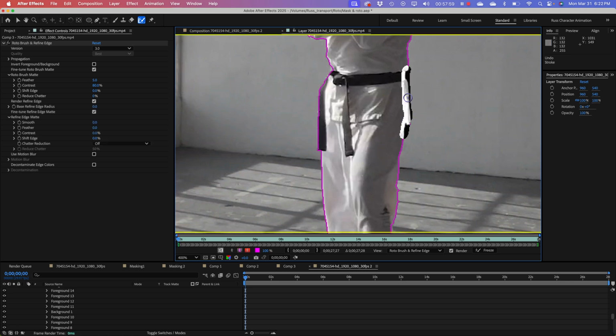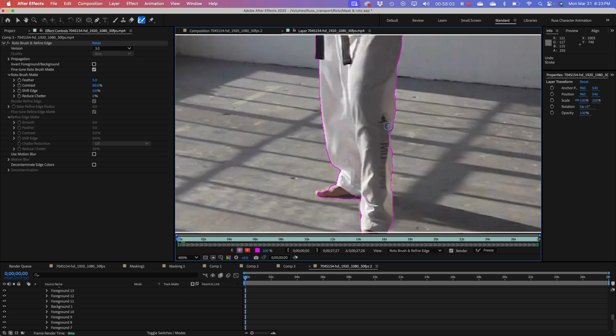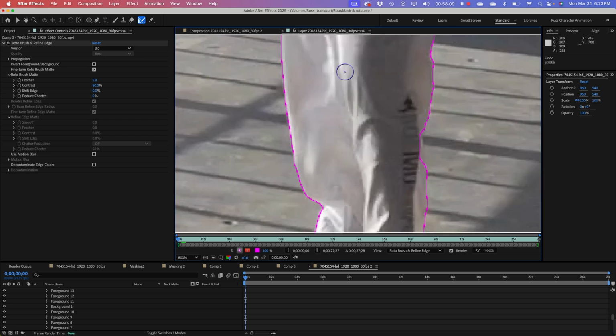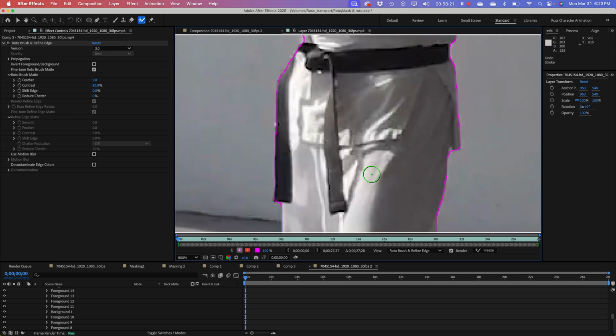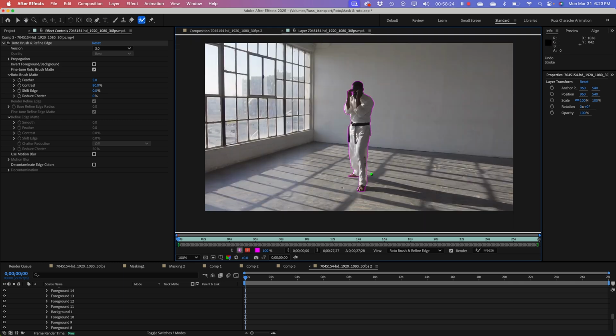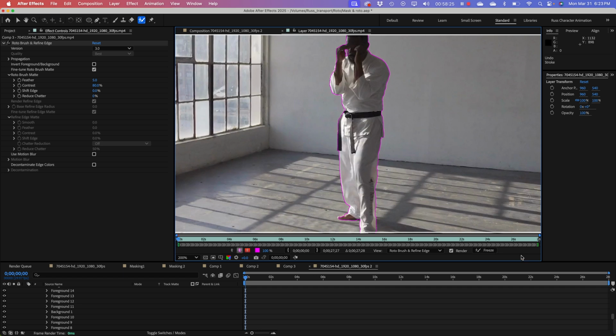I could probably skip that step with this guy because I managed to get all the parts I really needed. And actually I think I'm going to. I'm going to skip that. Go back to just my Roto brush. And once I've got him outlined,